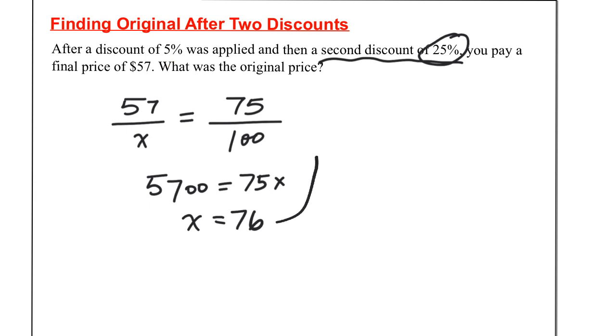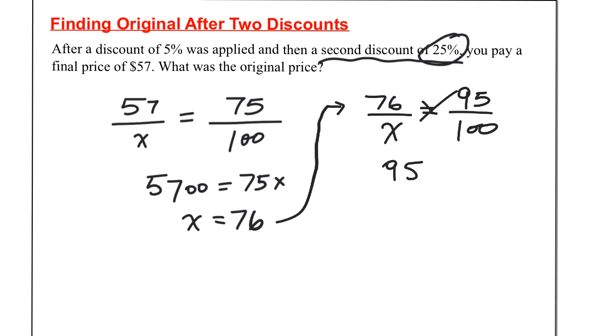So I'm going to be using the 76 here as my new numerator. And how can I undo 5%? Well, basically think of it as when we paid, or we didn't pay $76, but $76 right now represents 95% of something. Okay, that adjusted price represents an adjusted percent of 95%. When we cross multiply here, we'll get 95x equals 7,600. When we divide by 95, we should get x equals $80